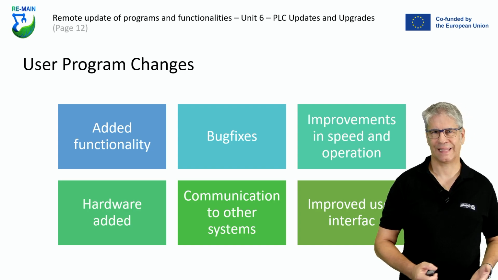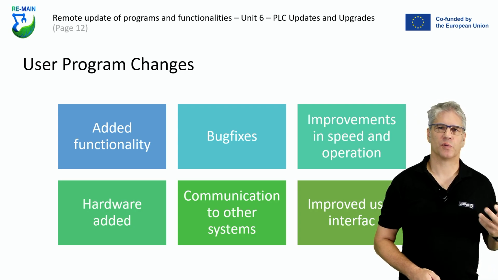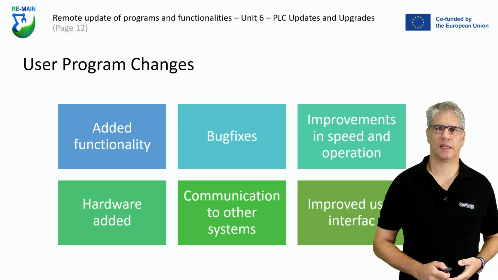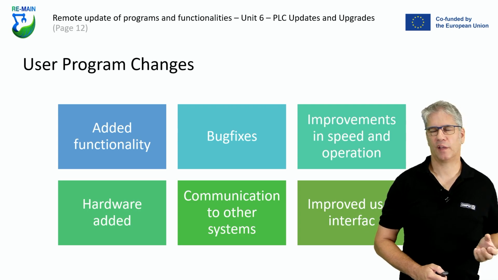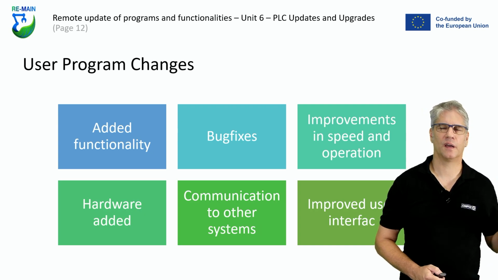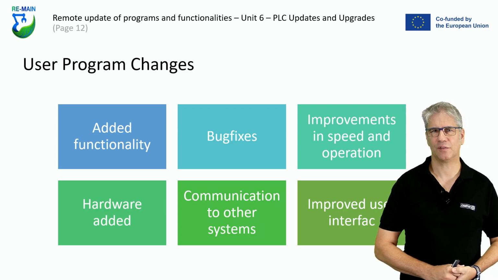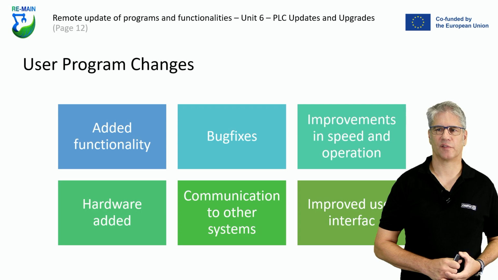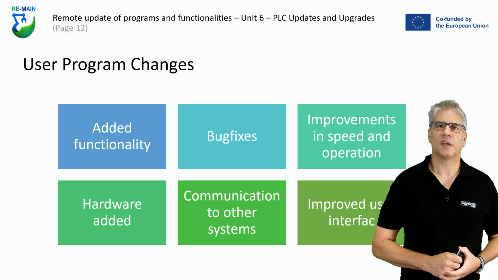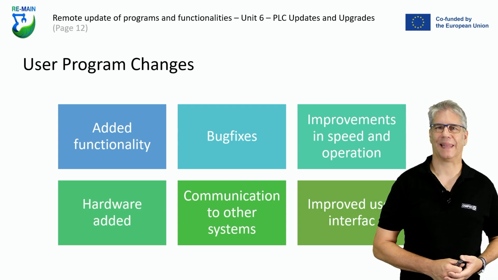Then something that happens more and more is communication to other systems. So connection to some cloud where production numbers are reported automatically, statistics are reported automatically. So giving the background to a big data approach where you can take all this data later on a server where the data is uploaded automatically, and then you can check for optimization potential, which is something that helps improving production, but on the other hand increases complexity as well.